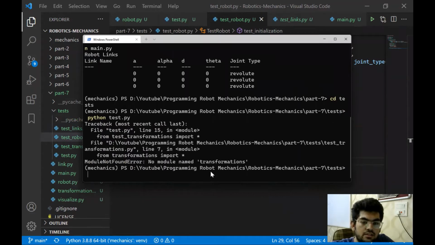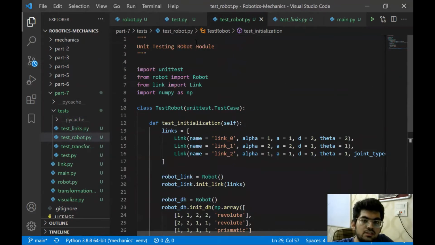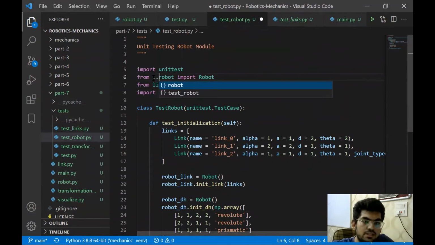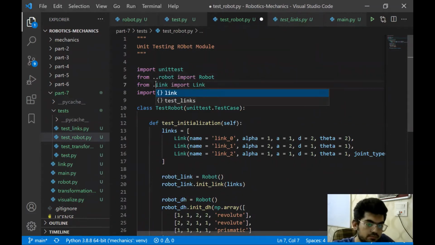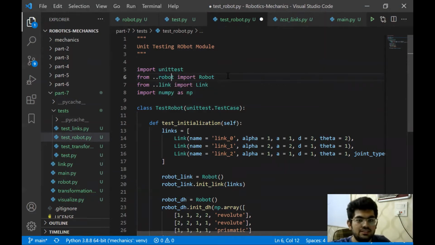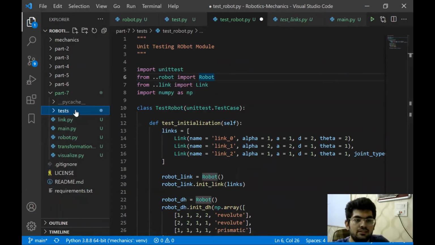Right, now it didn't have anything. A quick fix would be to do something like this, dot dot. What this dot dot does is it goes to the parent folder, and then it selects the file that we want. That's really a quick fix, and I think this will work.